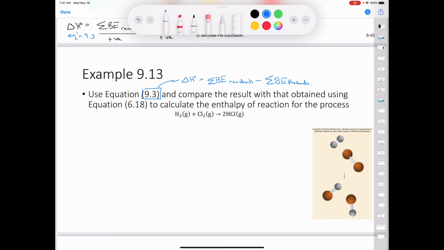Let's take a look at example 9.13. It says use equation 9.3, which I have written here, and compare the result with that obtained using equation 6.18 to calculate the enthalpy of the reaction for the process shown here. So we're going to take hydrogen and combine it with chlorine, and we're going to end up with 2 moles of HCl. So if we think about what's happening in this reaction, we're starting out with 1 molecule of hydrogen